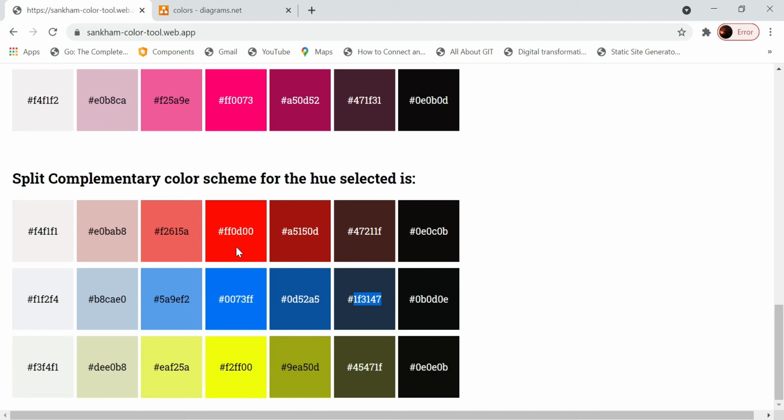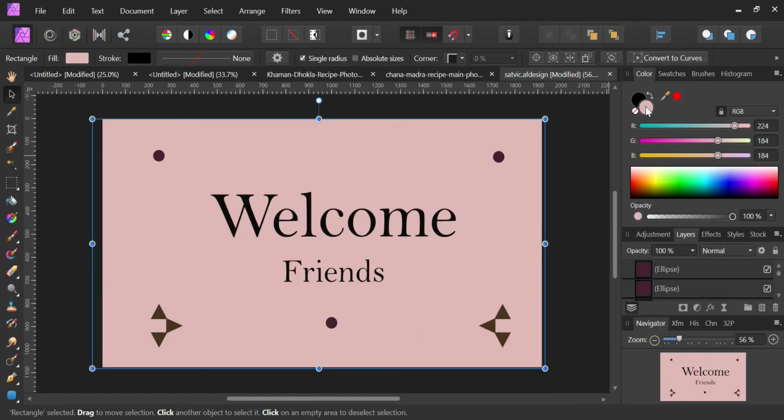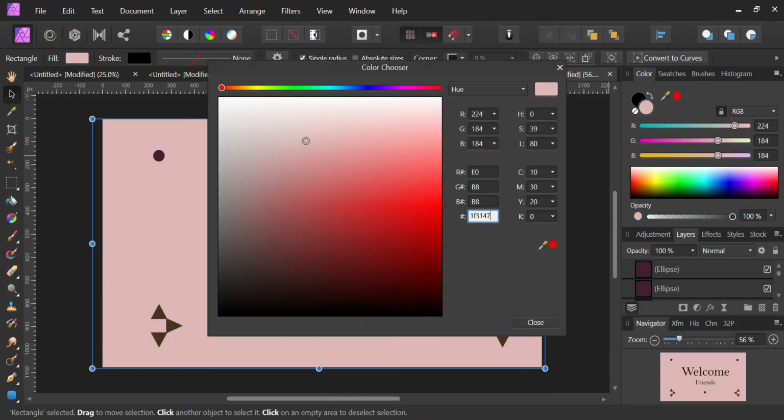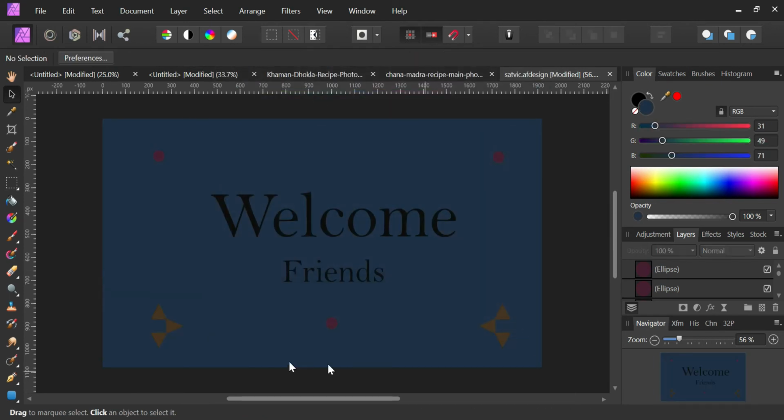Okay, so how to apply that I'm showing it to you right now. So this is the shade I have selected. I'll just go to the background and apply this shade. Okay, so think of this as a layout. Let us suppose this is some hero section, or a content block or CTA block. Each layout you have in the website, for example a contact us section, each section of your website you can apply this rule.